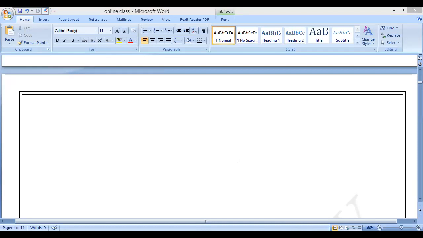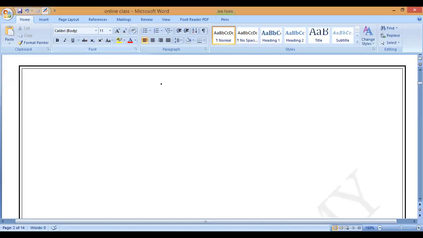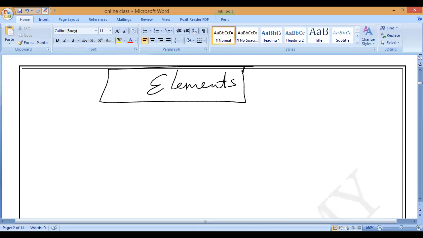Now we are going to study our first concept of today's class, elements. Please all of you write elements. What is an element? Already we have studied some properties of elements. Can you say an element is a pure substance or impure substance? Pure substance. Element is a pure substance. All these are known things I am saying. From this only we are going to form a definition.